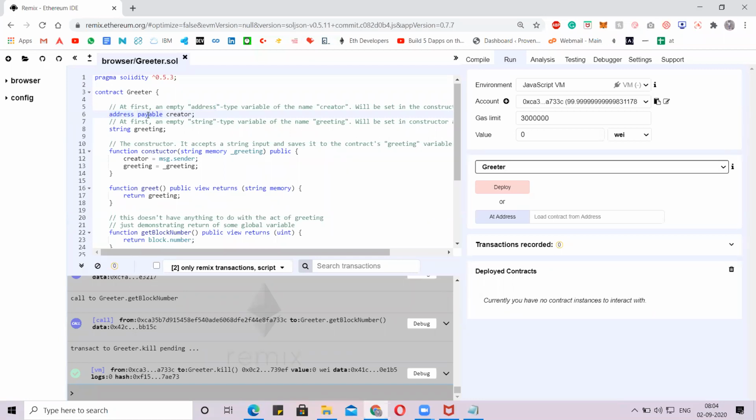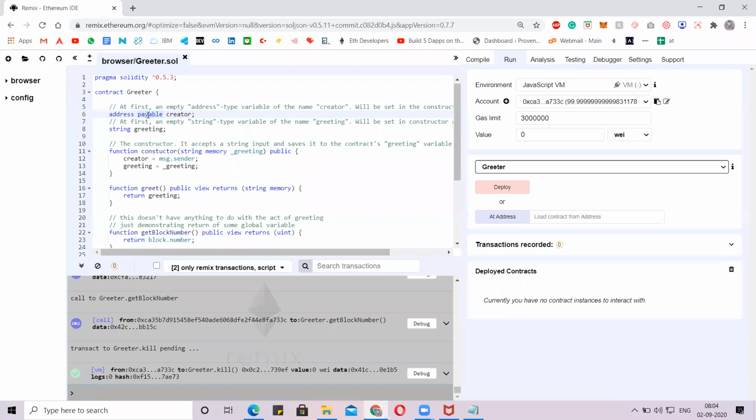Is that clear to you, guys? Always remember, for the variable in which we want to store an address, use the specific syntax called address, and always use the payable syntax so that we are telling the contract that the address present in this variable is ready to do a transaction.